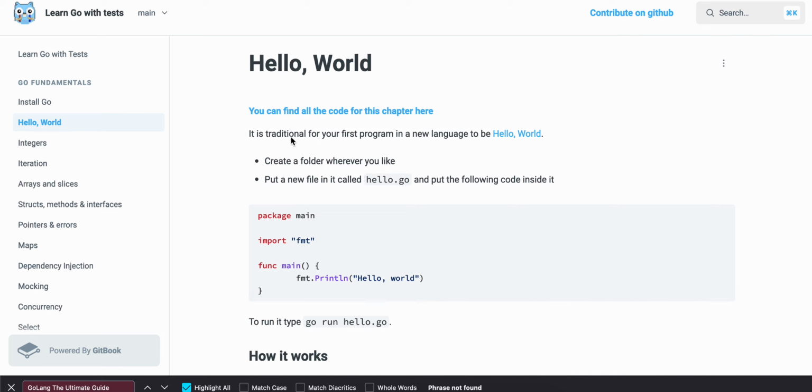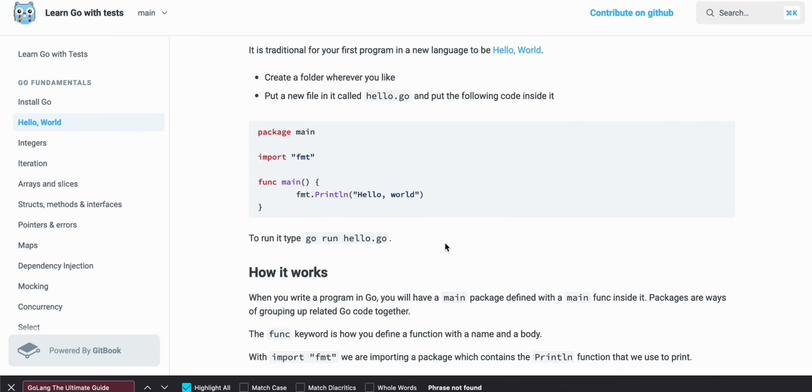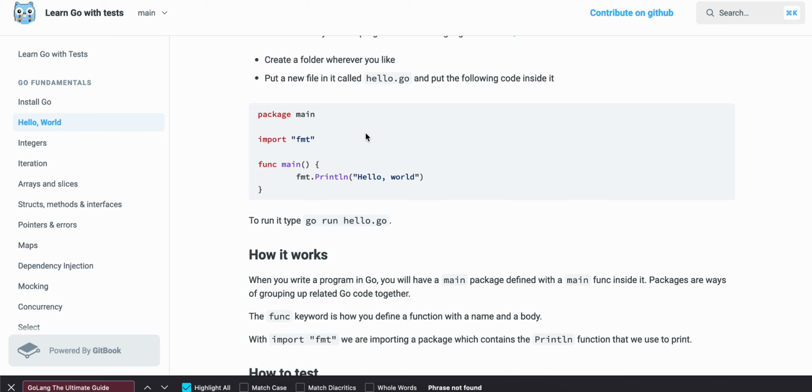Next video. So today we will be starting with the Learn Go with Tests free ebook. You can find all the code for this chapter. It is traditional for your first program in a new language to be Hello World. So create a folder, put a new file in it called hello.go, and okay,